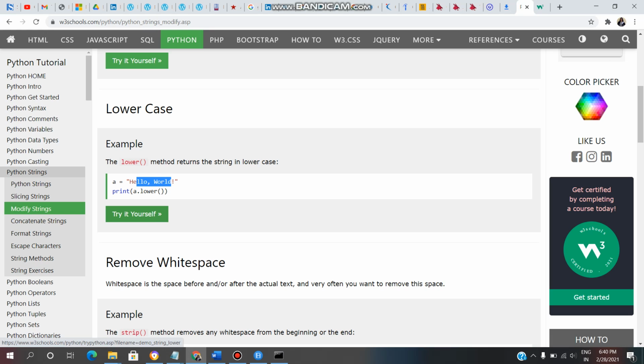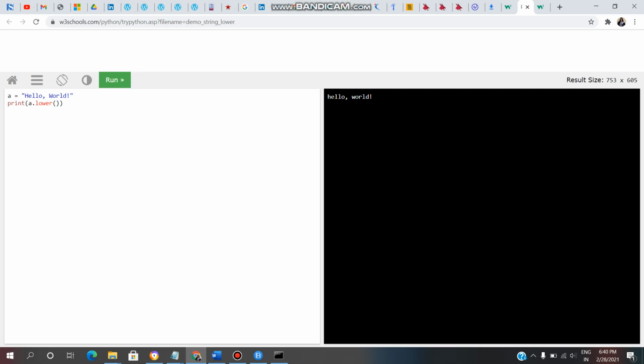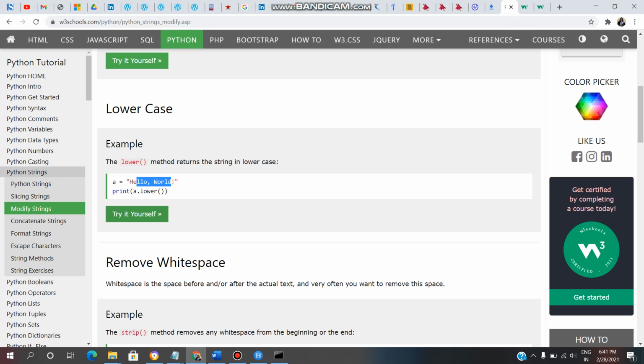Now click on try it yourself. See, here the output is in all lowercase characters. So lower is used to convert all the upper and lower case characters present in the string to all lowercase characters like this. This is the concept of lower method.